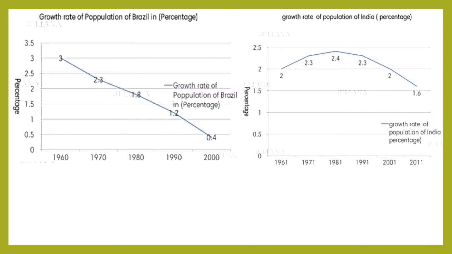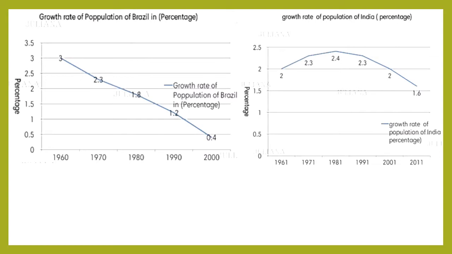So whatever the growth rate is, suppose we have 1.8 percentage here. See here, like this, with the ruler you need to match to the y-axis and find out. Now I have found 1.8 percentage. So you need to find out this way. Same way in India we have, for example, in 1980, 2.4 percentage. So here we need to match this line with the y-axis and we will find 2.4. So you have to write the answers this way.